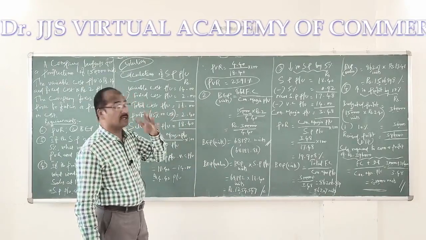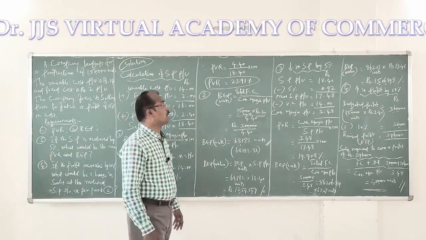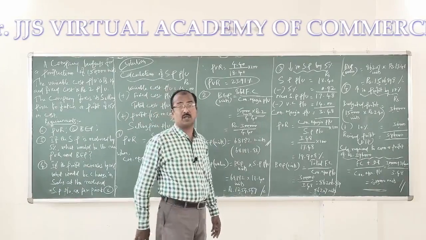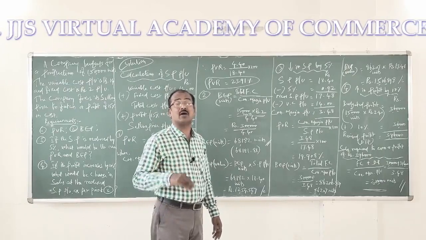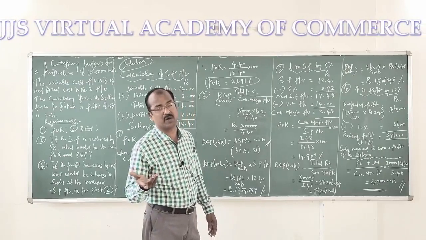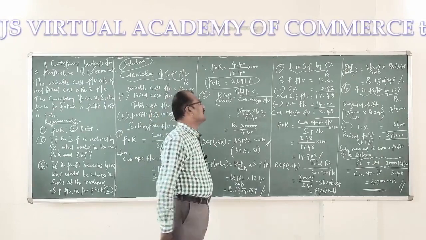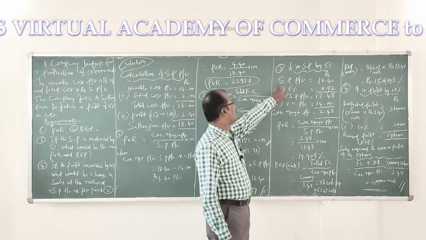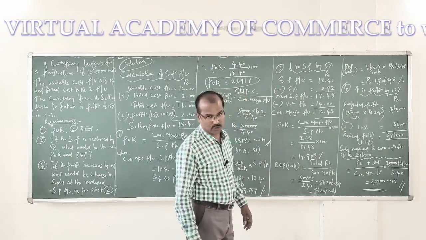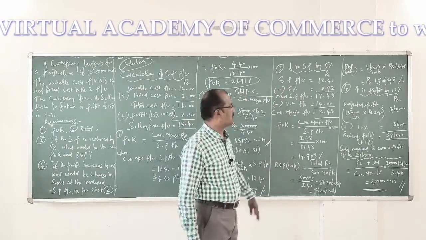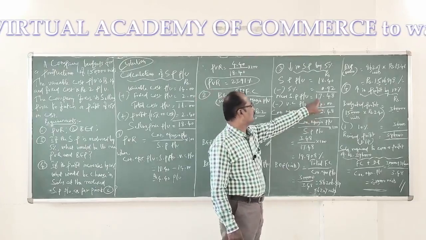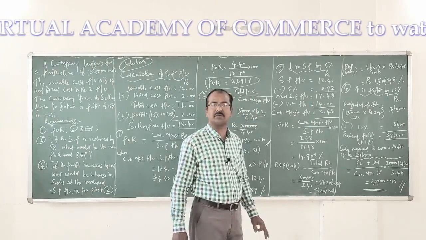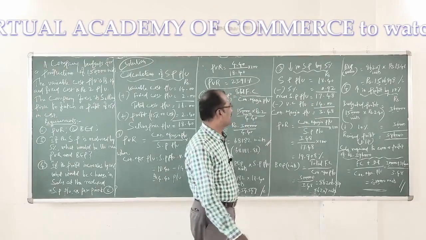Now let's go to answer requirement 3. What is that? When you find a decrease in selling price by 5%, what is its impact on the PVR and break-even point? That's what we are going to do now. Now let us calculate the revised selling price first. The present selling price is 18.40. From that you deduct 5%. It comes to 0.92. What is the balance? 17.48 rupees is the balance, which is nothing but the new selling price per unit.